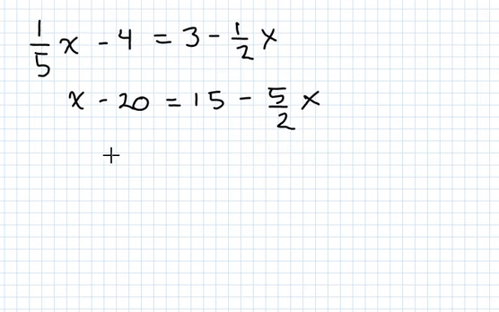x. Now I'm going to multiply through by 2 to every term in this equation to get rid of this 2 down here in the bottom. So this becomes 2x minus 40 is equal to 2 times 15 is 30